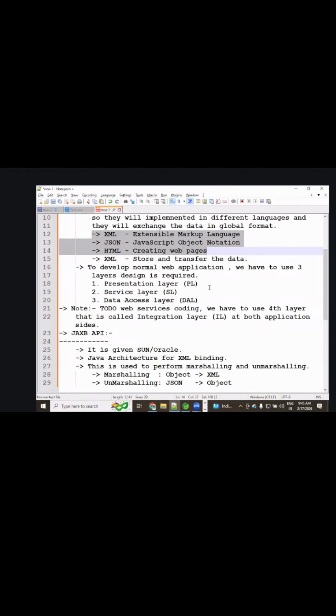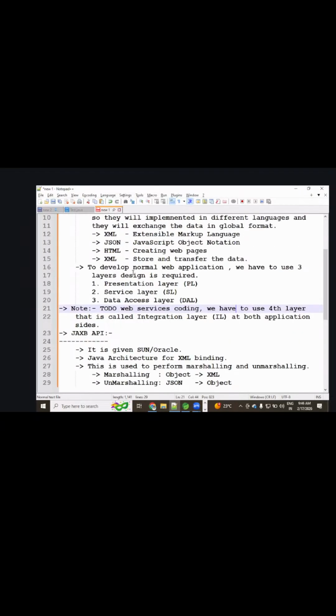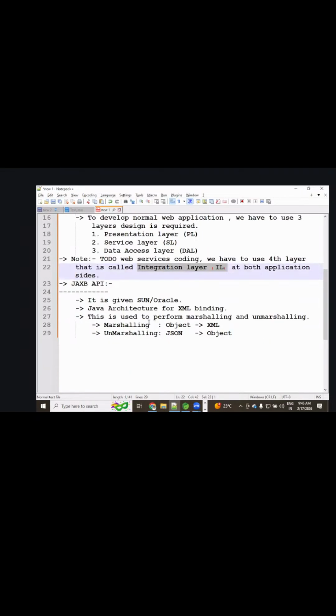In normal application development, we develop the DAO, data access object related layer. If you want to work with web services, we require one more layer, the integration layer, on both application sides.